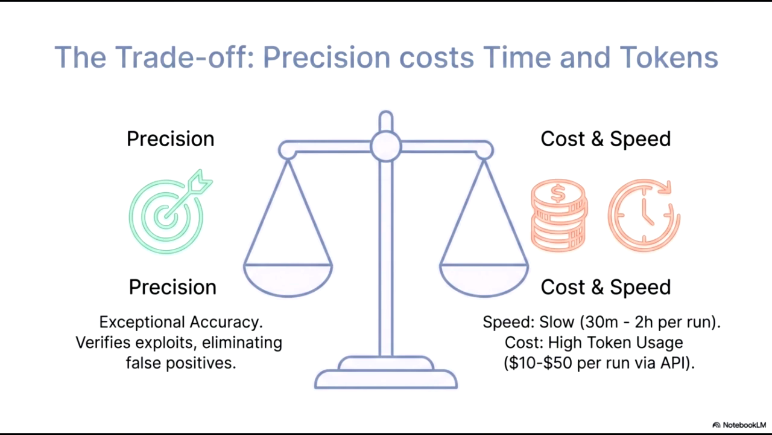On the right, we see that performance is significantly slower, with individual runs requiring between 30 minutes and 2 hours. Additionally, the high token usage drives up operational expenses, ranging from $10 to $50 per run via API. This visualization underscores the need for strategic decision-making to balance the demand for accuracy against the practical constraints of time